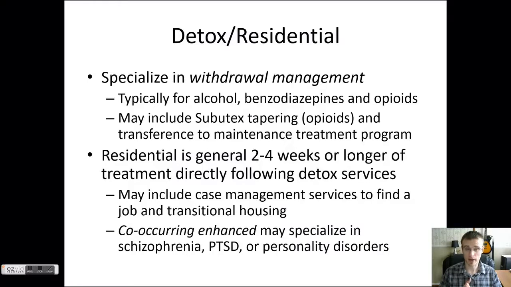There's also another really important thing to keep in mind. A residential program may or may not be properly equipped to deal with people with severe co-occurring disorders. So there is another subtype called co-occurring enhanced programs, which may specialize in things like schizophrenia, severe PTSD, or other personality disorders that some programs may not be qualified to be able to manage those types of services. Think about it. Residential center, you have all these people 24/7 around each other. That's going to cause a lot of interactions, a lot of shoulder bumping. You need to have people properly equipped with the right de-escalation techniques, therapeutic techniques to help keep that type of center